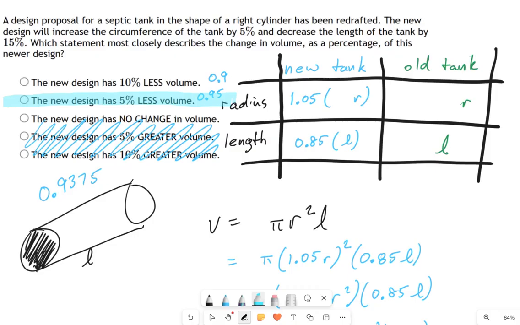Now let's talk about the things that can go wrong in a problem like this, because people mess this up all the time. You know what would be wrong? Saying something increased by 5% and decreased by 15%, and just saying plus 5% minus 15% to get 10% down, right? That's sort of a simple way of looking at this that doesn't account for the equation. Because your equation has a squared in it with the radius, it's going to make the effect of radius changes bigger, right? Your very small increase in the radius of the tank is going to have a bigger effect than you would expect because it's squared.